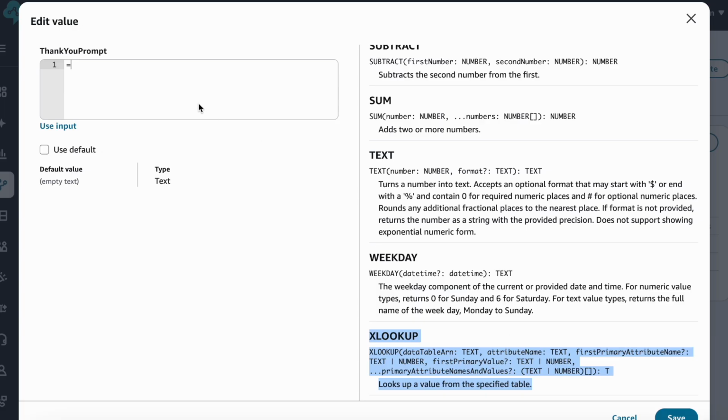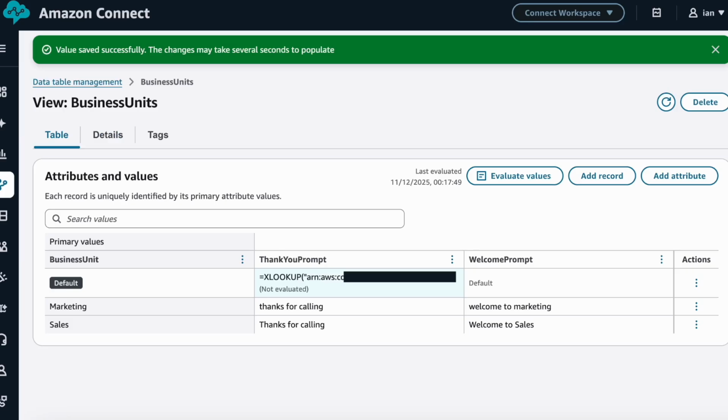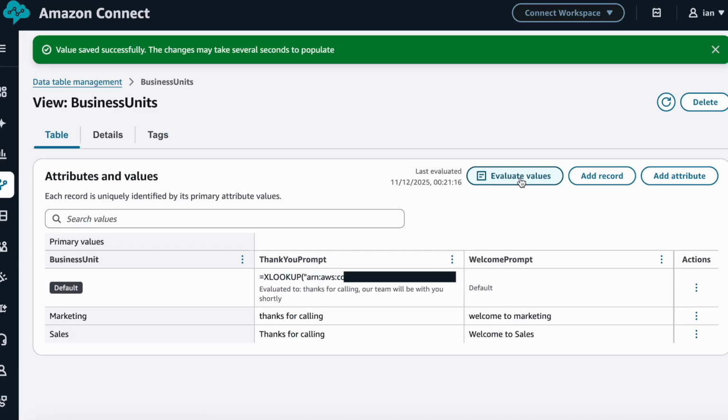What we're going to do is look up the value from our default configuration for the thanks for calling message. So now this has been set up, so the default one will now be pulling that value from our defaults table. And we can see this by evaluating this value. And once it's evaluated, you can see what it is evaluated to, and that was the attribute coming from our